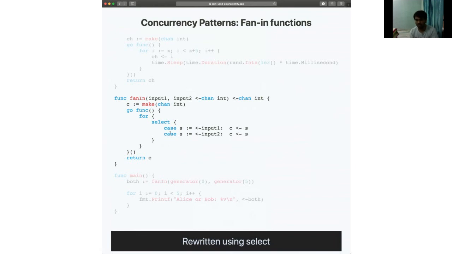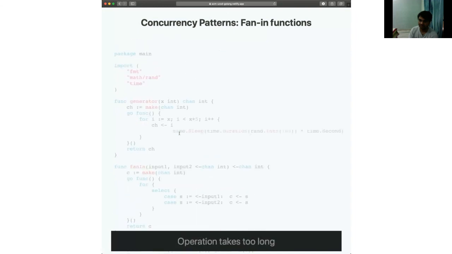For example, it'll see if input 1 can give me a variable, and in that case it'll assign it to S and execute this. If not, and input 2 gives it a variable, then it'll assign that to S and push it into C. So this is just a cleaner way to write fan-in functions with a single Go routine instead of having a Go routine for each and every sub Go routine that you have. It works exactly the same way.